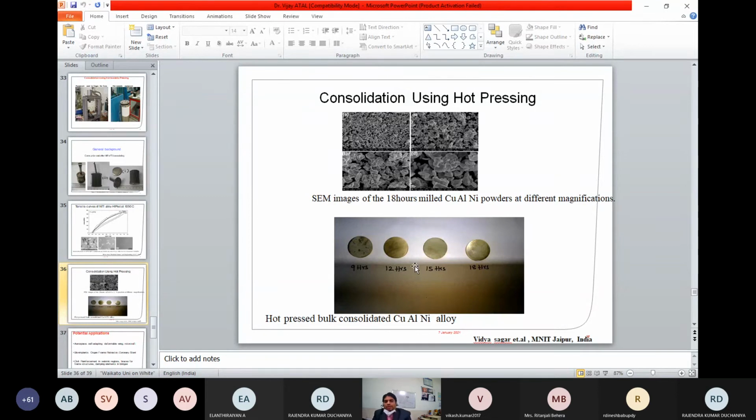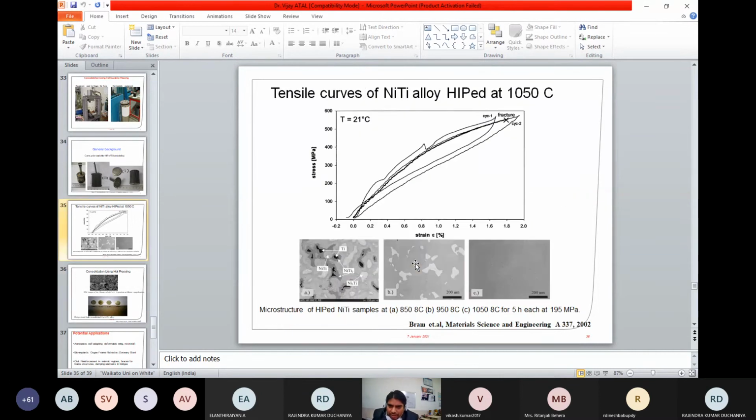So in all these cases, if we go for a hysteresis loop, this is done, in this case, at 21 degrees. That is above the AF temperature of this particular alloy. Above the AF temperature, when you deform this material, it transforms into a martensite structure.